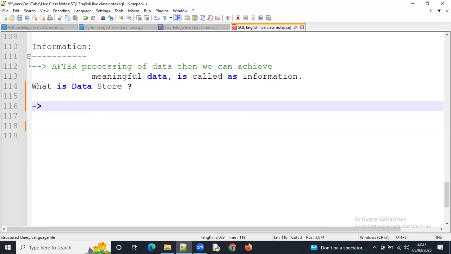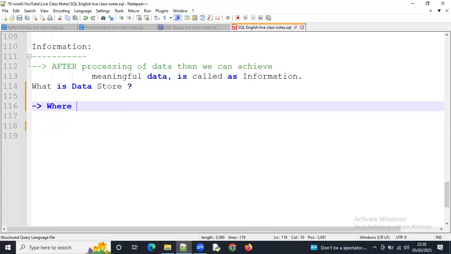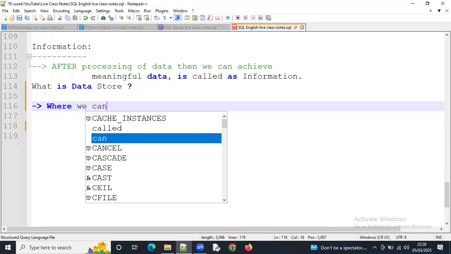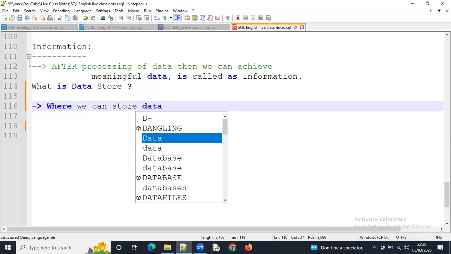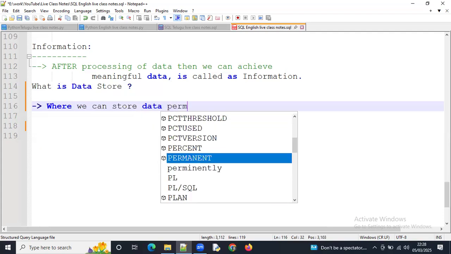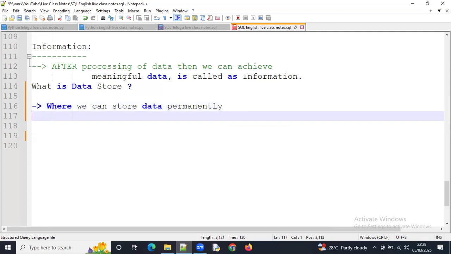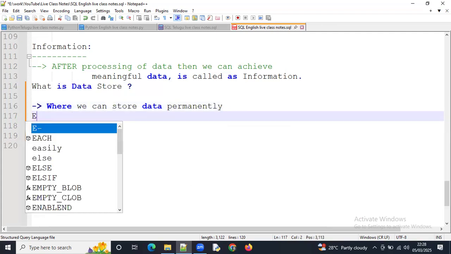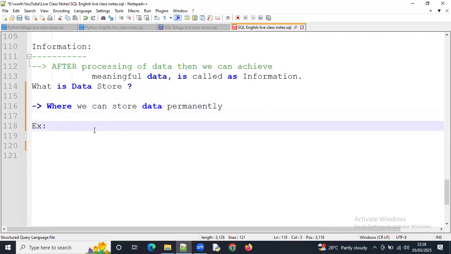Here I am going to write the definition for this data store: where we can store data permanently. The examples of these are, first one,